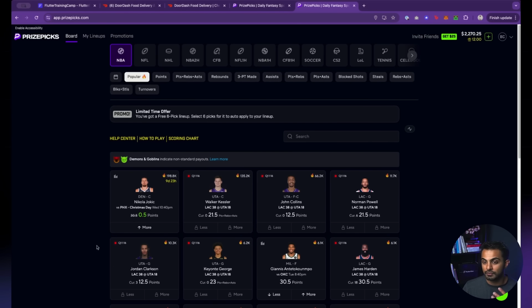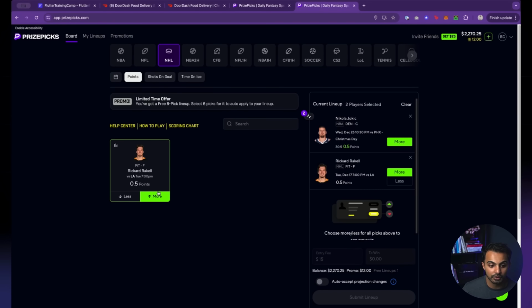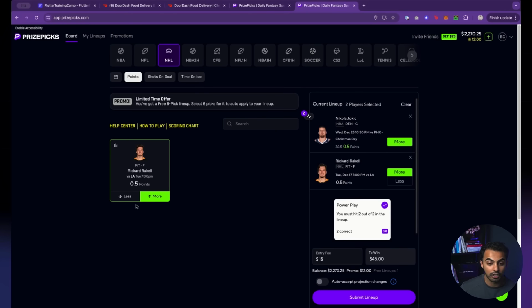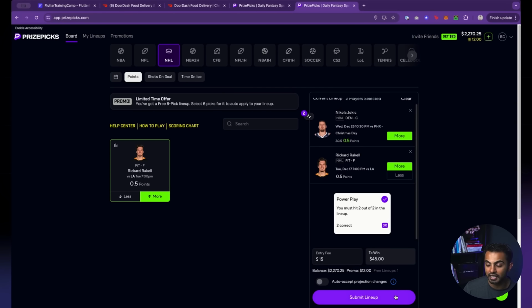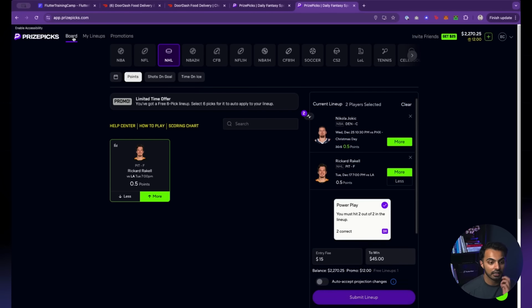But if it's just for UI interaction purposes, or it's to complete a user journey like this one at PrizePicks where I have to select a couple options and then finish submitting a lineup, well, you could probably use app state or page state. And I think it's actually very smart that PrizePicks did app state here, because that would increase their conversion rate of people who finish completing an entry and then actually submitting that entry.